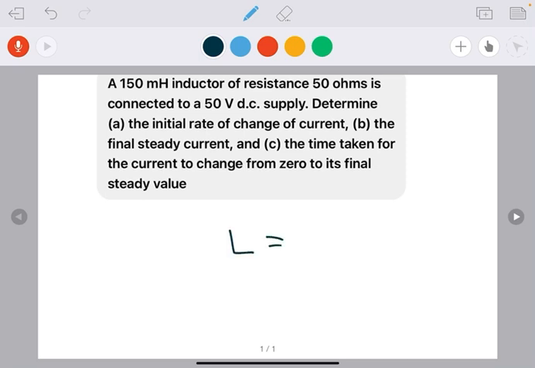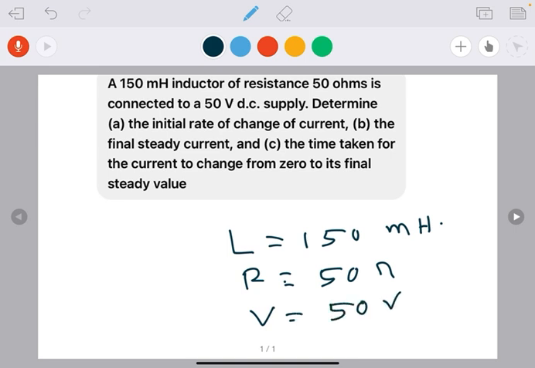So L is equal to 150 millihenry. That's the inductance. And resistance here is 50 ohms. And the voltage source that's connected with it is 50 volt DC. So basically we have a circuit like this, a resistance and an inductance, and of course we